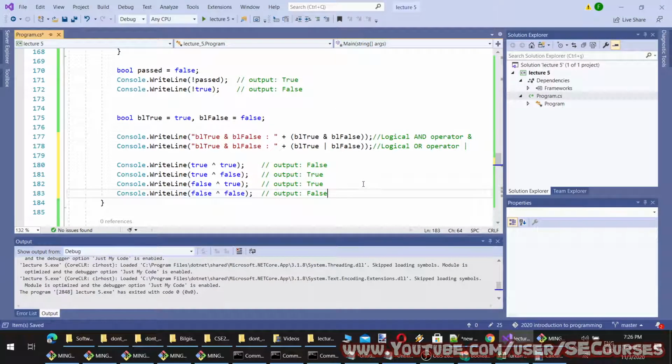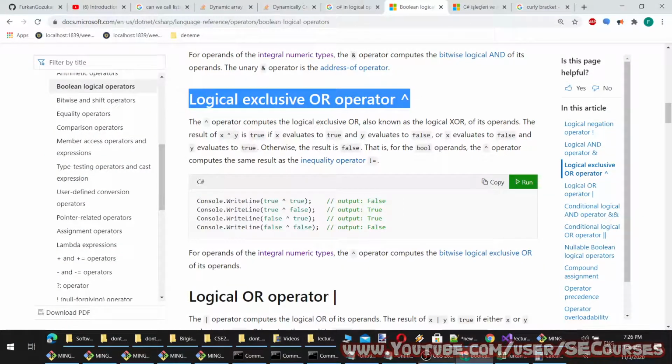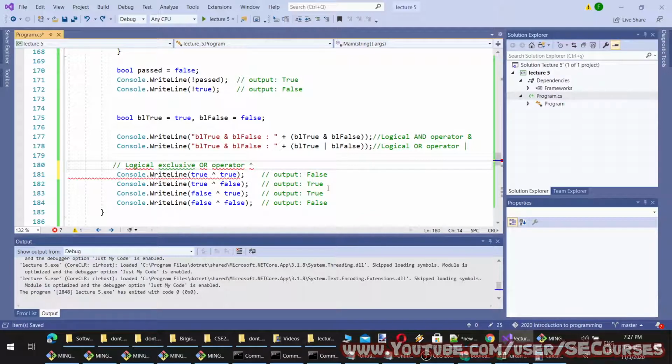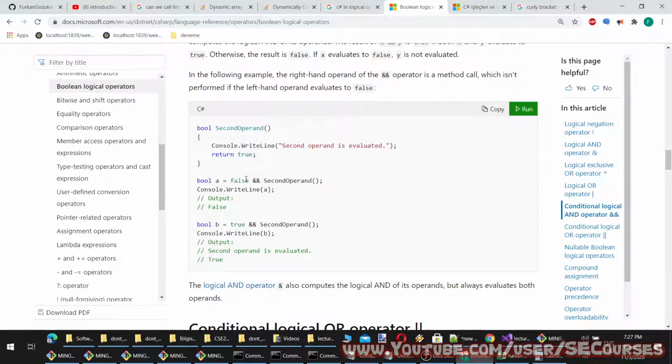Okay, we'll take it into a command line. Okay, and what else is there? There is the AND operator.